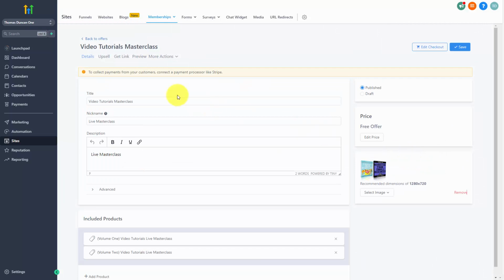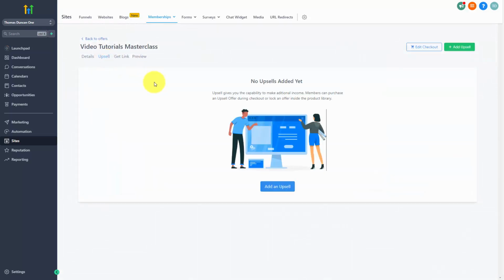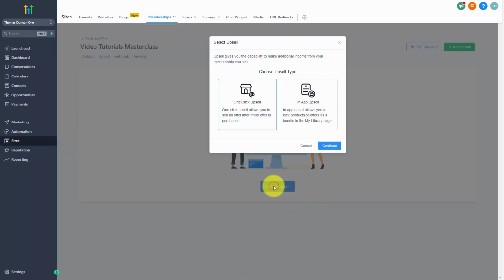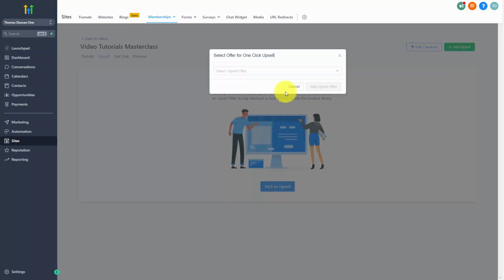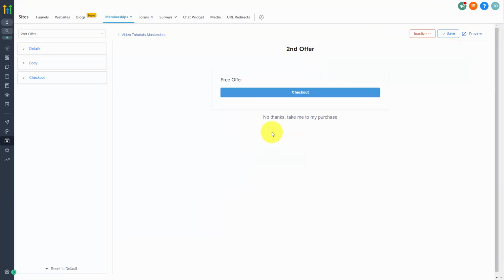And what we're now going to do is we're going to set an upsell for this offer. We're going to click Add an Upsell. In this case, we're going to add in a one-click upsell and click Continue. We're now going to choose the upsell. We're going to choose the offer that we created and click Add Upsell Offer. You're going to notice that there's a no thanks link already in place